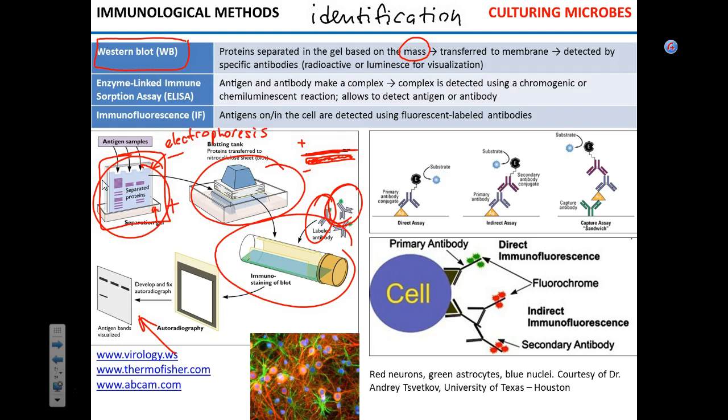Correct? So if we know its mass, say we know this is where it's supposed to be, we'll look at our samples and say, aha, we have influenza only in the first line. In two other lines, no influenza here. Yes, flu. Okay? Does that make sense? We managed to detect it because we know exactly where this protein is supposed to be.